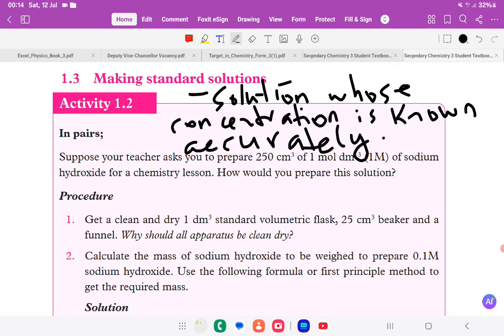That's how we define a standard solution. So preparing such a solution takes a series of steps or stages which you must know, and you should be able to outline them when required in an exam. So there's a question here which says,